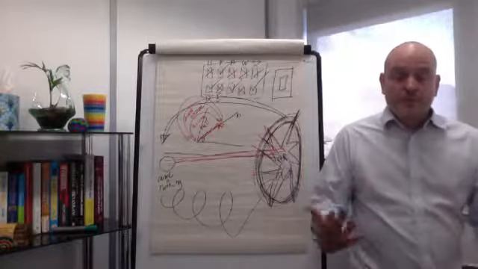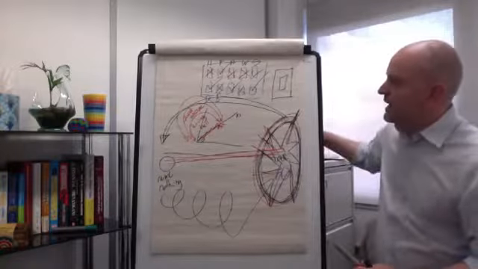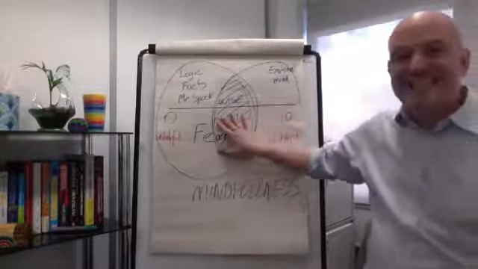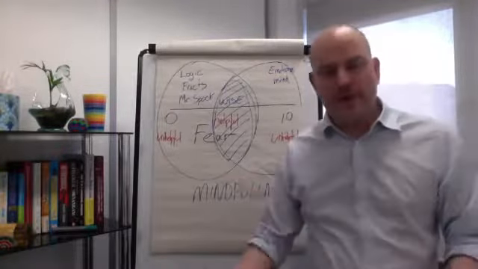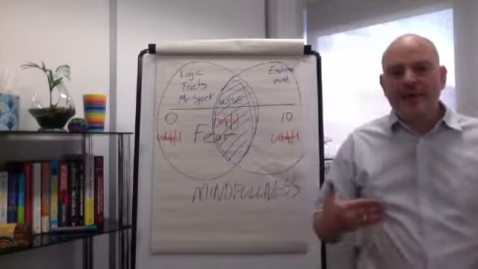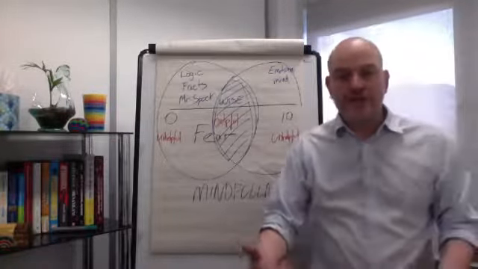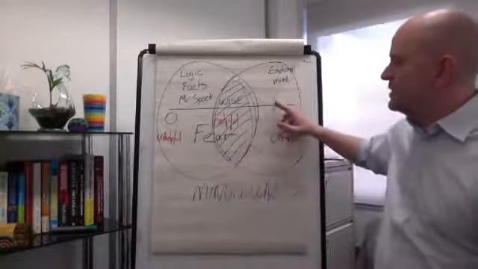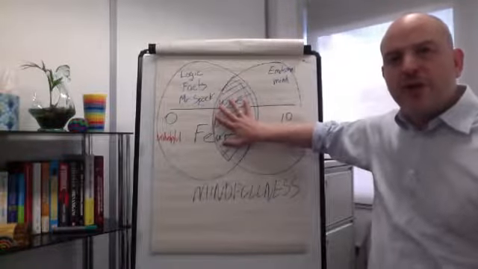So, going back to this idea of positive and negative emotions, let's just catch up on what we've talked about so far. It is the intensity of the emotion which makes it helpful or unhelpful. It is whether or not that intensity is appropriate, proportionate, and warranted to what has happened. And it's by using mindfulness that we can work out and be aware of our emotion, but not overwhelmed by